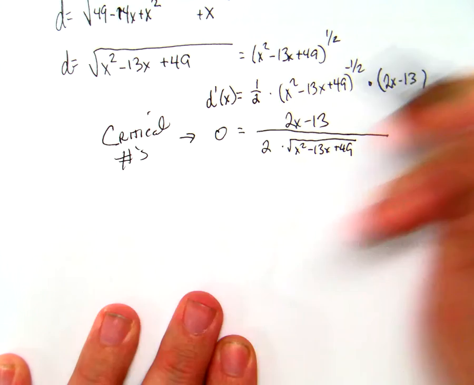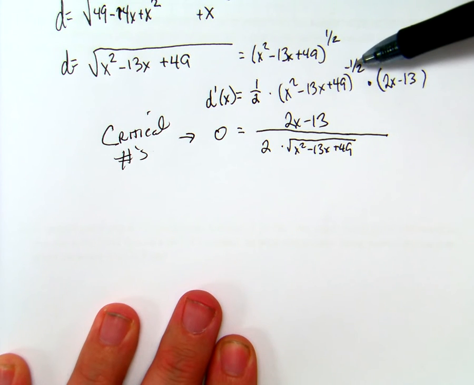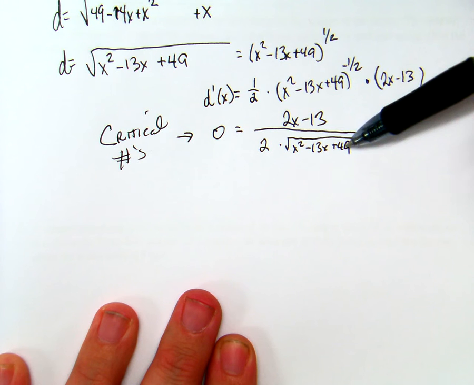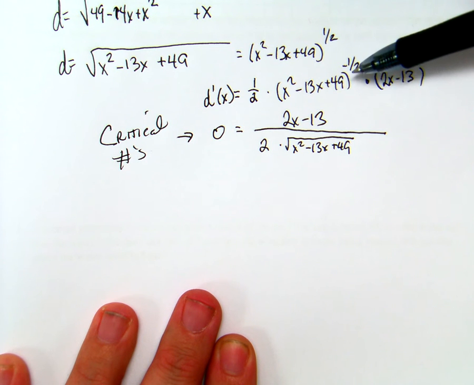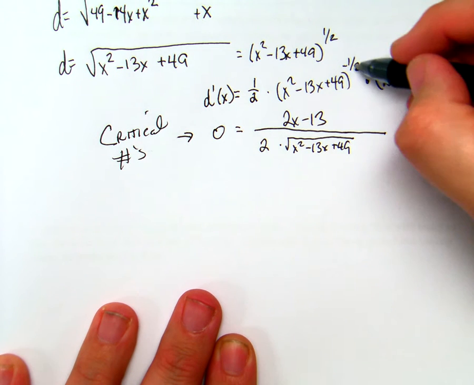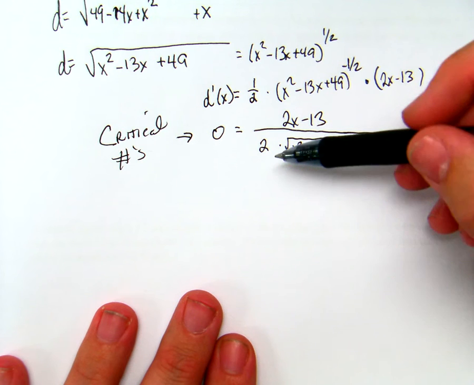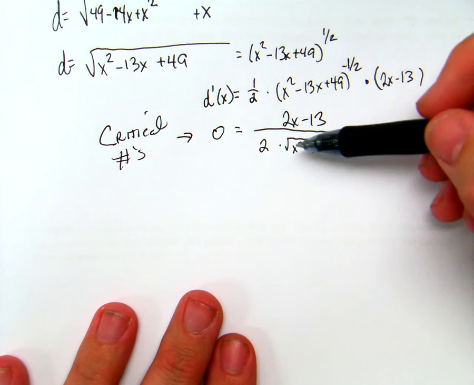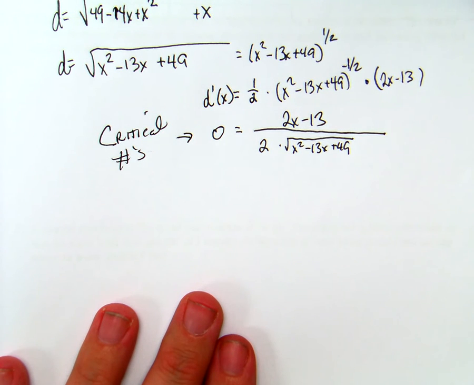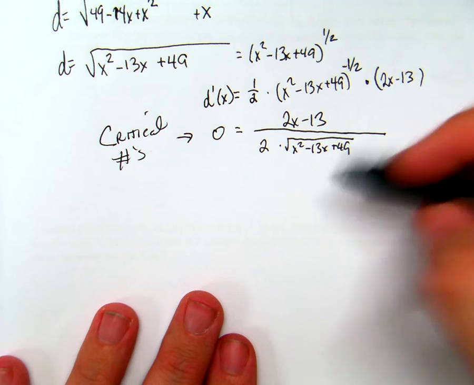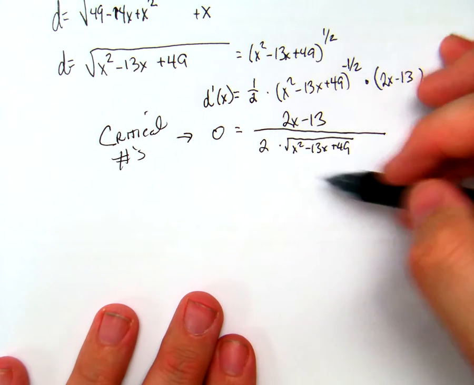Because I have a negative exponent, that'll put that down in the denominator. All right, so now how am I going to figure out the 0? It's the numerator only. If I multiplied both sides by the denominator, I get 0 is equal to